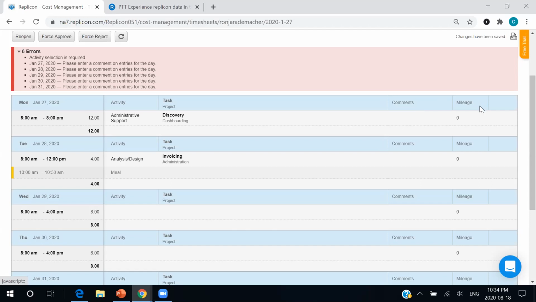Another custom field we have here is mileage, and it can say mileage, it could say units completed, it could be photo proof done of the work during the day. Basically, you can make whatever fields you need visible on these timesheets. And not only can you make a different timesheet for every user in your organization, but you can make a different timesheet for each one of those user situations.